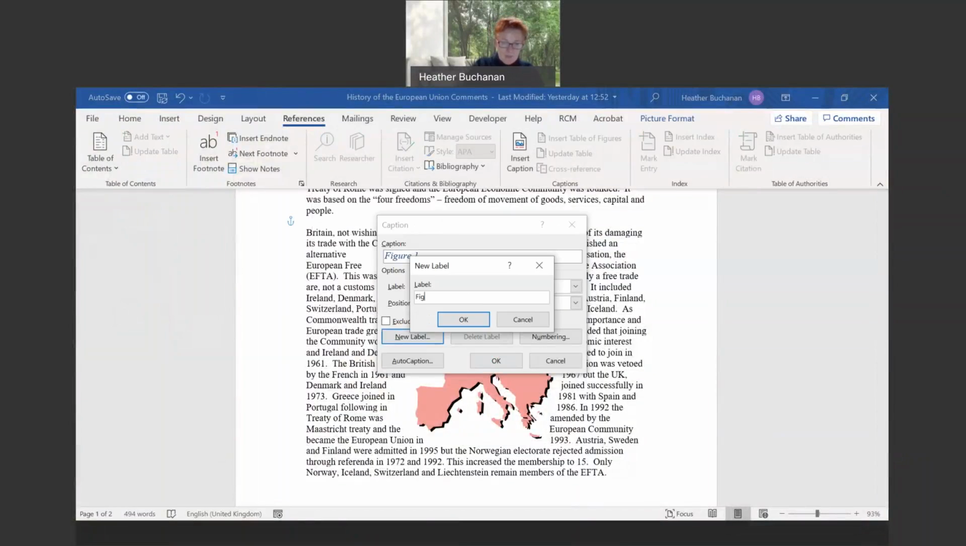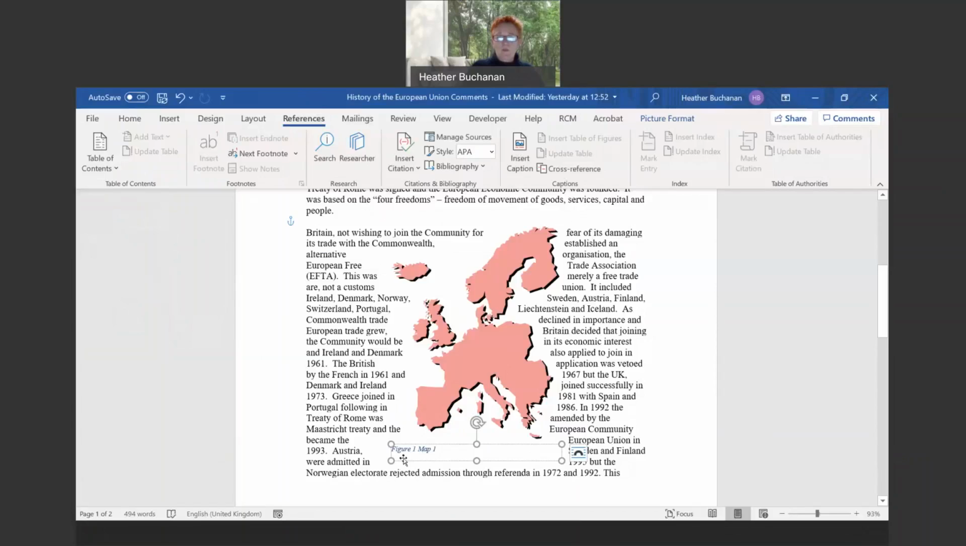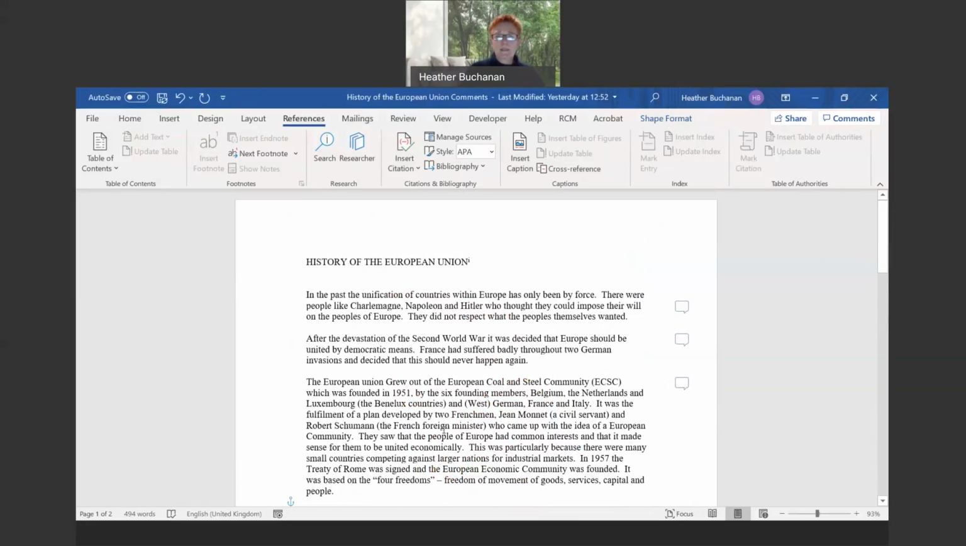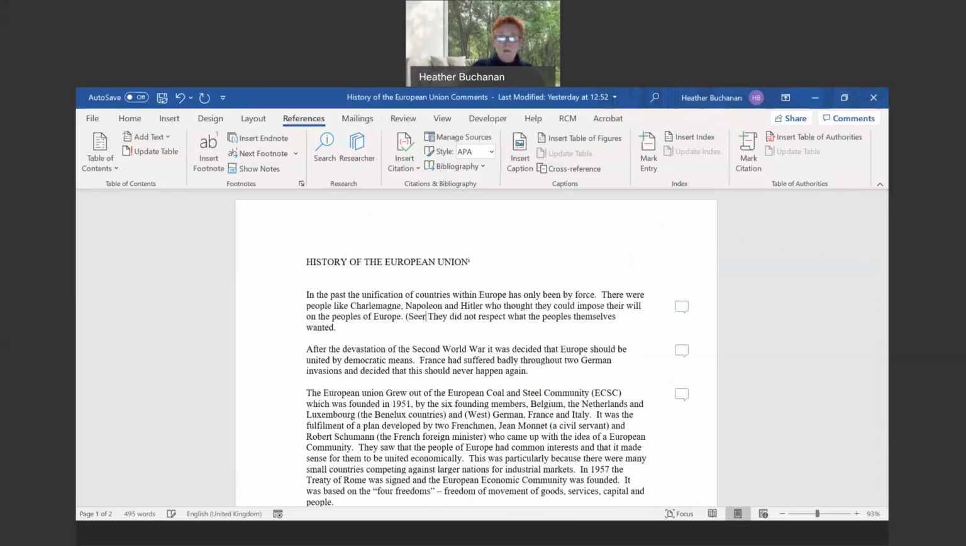Just click OK, and OK again. So you can see there that it's got the caption below it now. Where I want to reference that within the document text is at the end of sentence 2 in paragraph 1. So I'm just going to start typing, after the full stop, I'm going to say